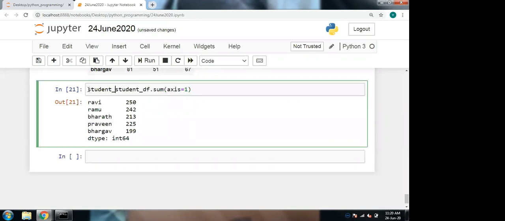Okay, so now you can update the original data frame, student_data_frame. I told you to add a new column, right? Total is not previously available; now we are going to add it.